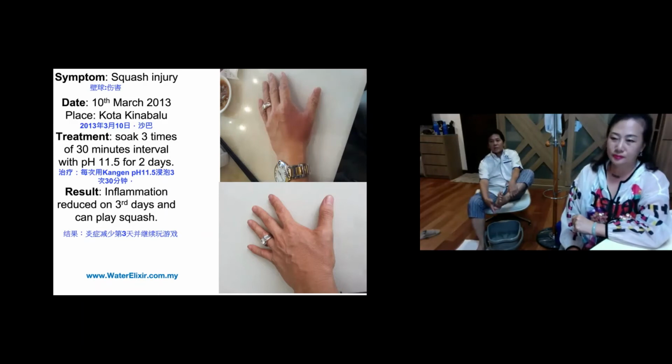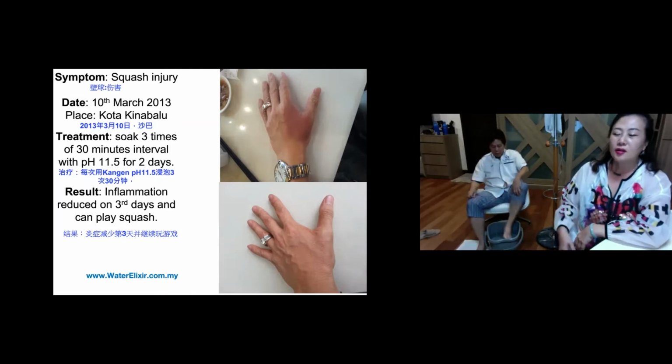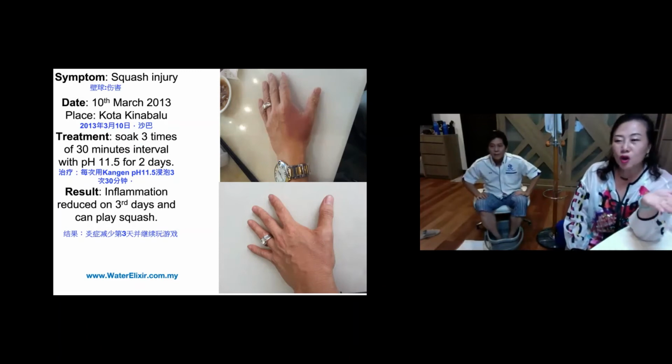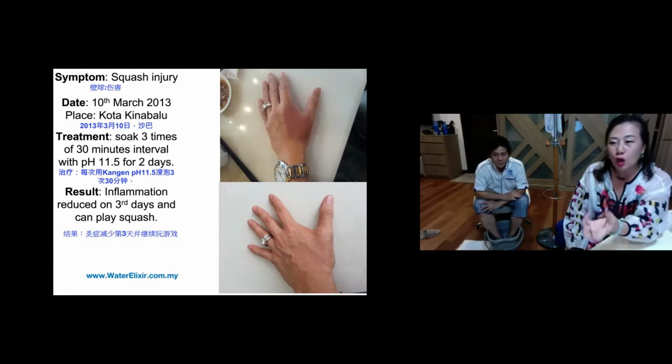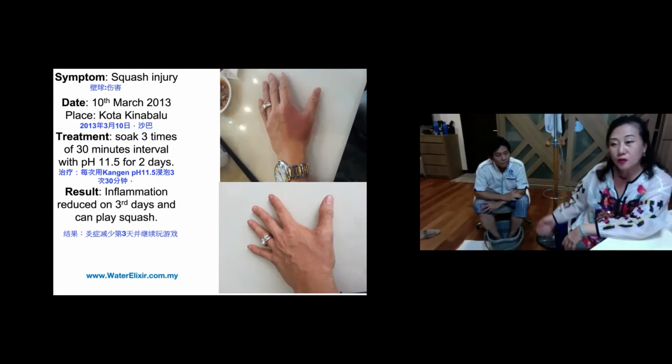I injured here, it hurts. Today playing tennis, it hurts a lot. Injury like that, on my hand, then you soak it. Due to heavy exercise, sometimes under the hot weather, your foot also swollen or inflamed, you soak with the 2.5 for 3 minutes,